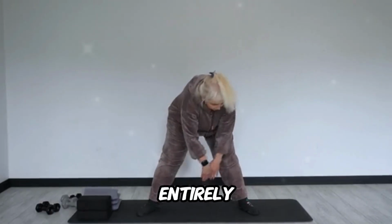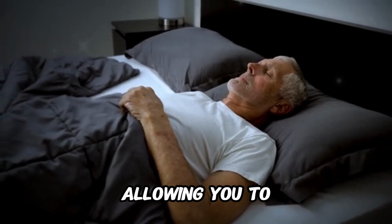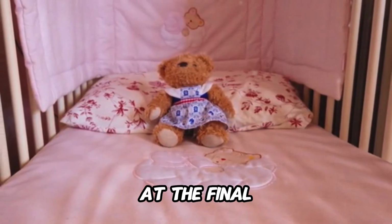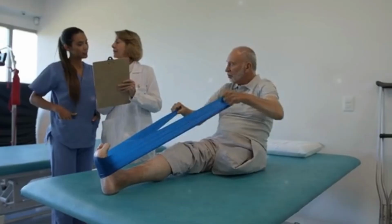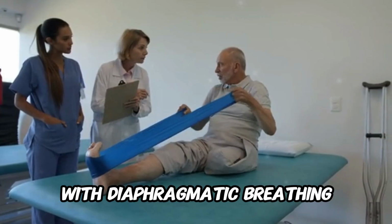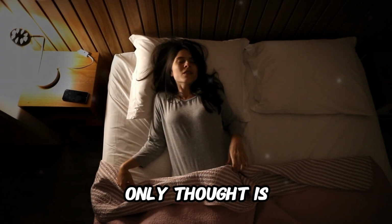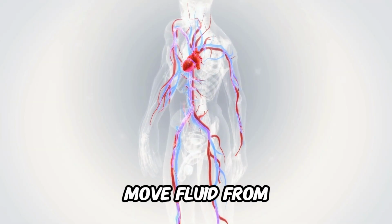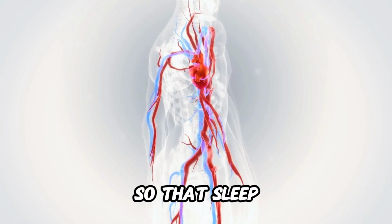the position entirely. Softening the hips and pelvis can reduce nighttime restlessness, allowing you to settle faster and stay asleep longer. Now we arrive at the final and most effective movement, the 3-minute bedtime exercise. This simple routine combines gentle leg elevation with diaphragmatic breathing. It's designed for nights when your only thought is, "Please, let me sleep." The aim is twofold. Move fluid from the legs earlier and help calm the nervous system so that sleep remains